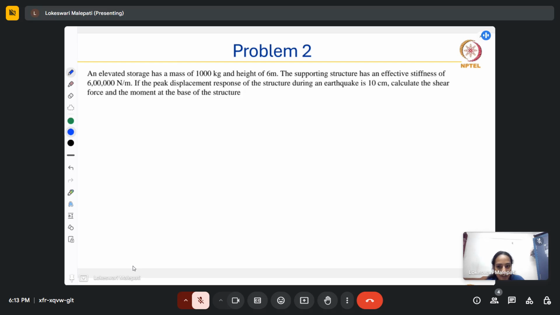Okay, that would be the shear force. And then moment will be nothing but the overturning moment. That would be moment about the base. Since we already know the height, that would be